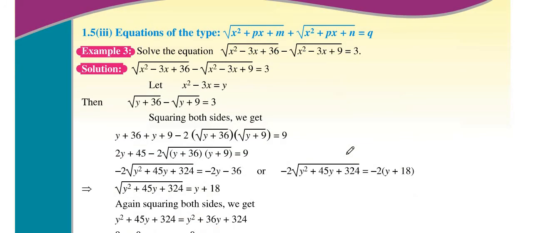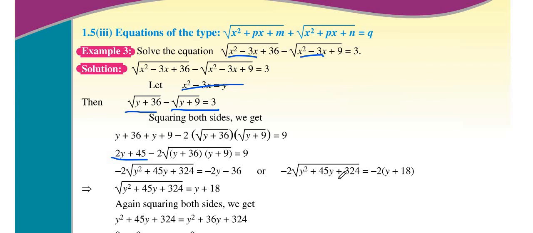Equation of the type square root of x square plus px plus m plus square root of x square plus px plus n equals q. Solve this equation. The first two terms of both expressions are equal. Always it is like this. Put x square minus 3x equals y. You will get square root of y plus 36 minus square root of y plus 3. Just substitute this. Squaring on both sides, a square plus b square minus 2ab equals 9. Shift these two terms to the right. You will get this